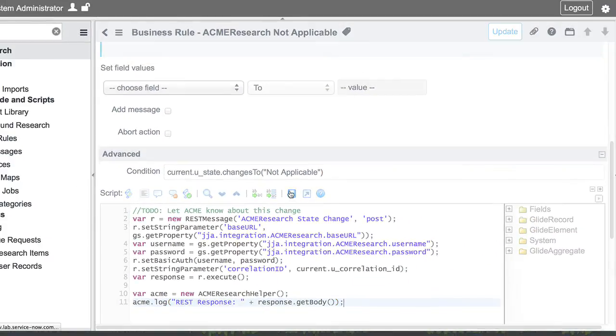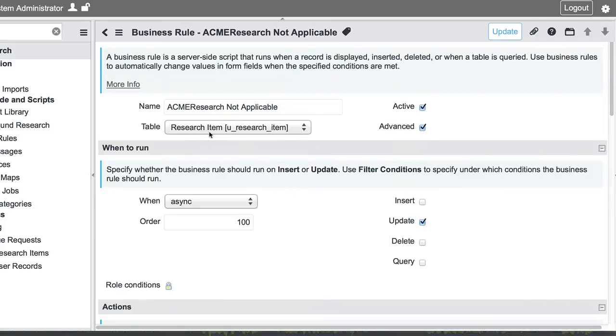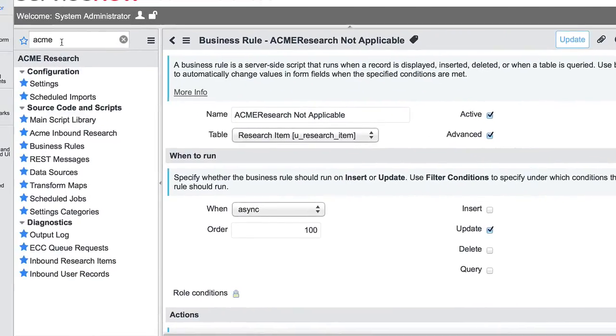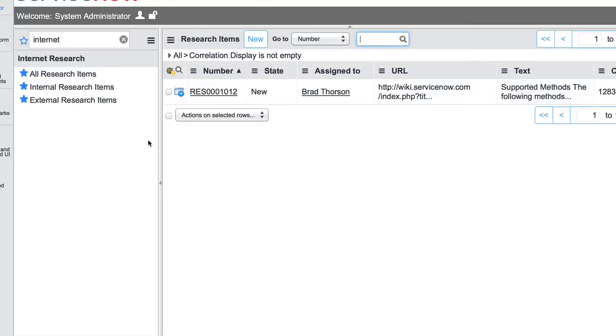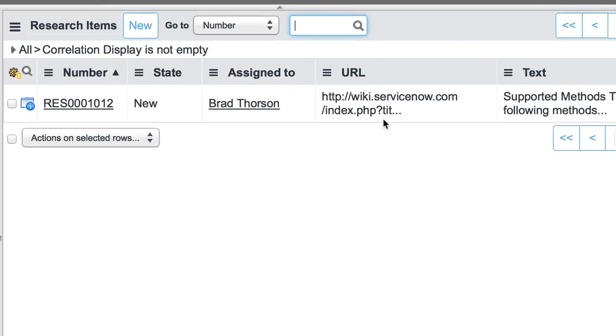And we'll go ahead and save this. So let's go ahead and test this out, David, just to see if I coded this properly. Let's jump to the Internet Research application, and we'll look at all the external research items. Right now there's just one. We'll go into it,